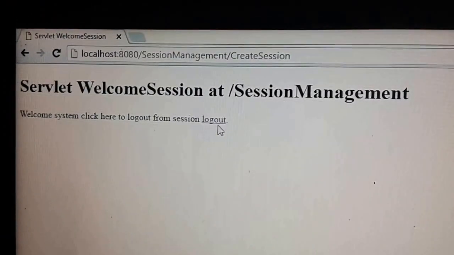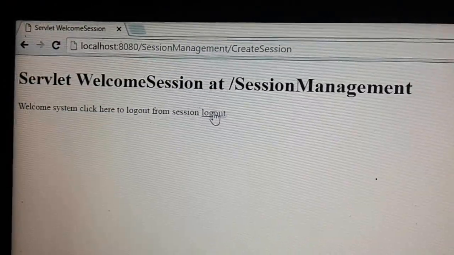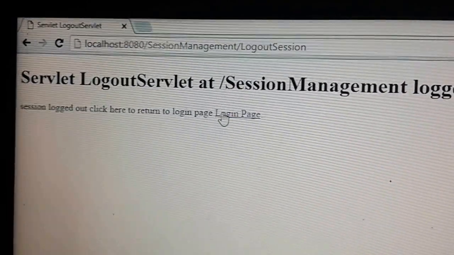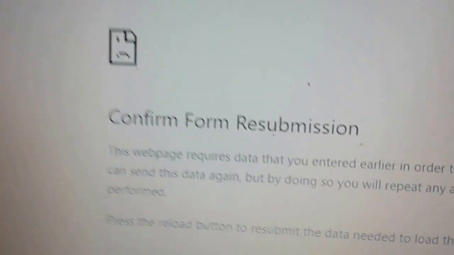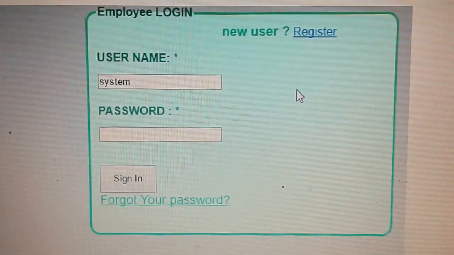So this is the whole functionality of session. If you are logging out, then at the browser back button you should not get the previous page again. If you check, now if I do this part, it's giving the message login again. And definitely if I do that again, it will give me that same form, and if you do that twice, it will redirect you to the login page. So this is the whole functionality of session management. Hope you enjoyed it. Thank you very much.